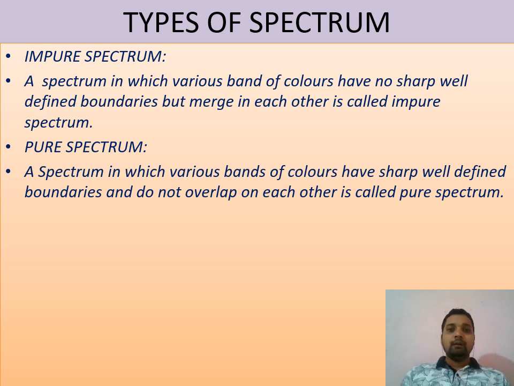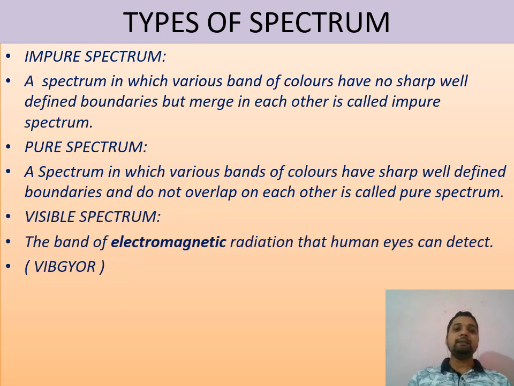Next, depending upon the visibility, this spectrum is again divided into two categories. The first category is called the visible spectrum. Visible spectrum means the light has a definite color, so we are able to differentiate and see all this light, like in a rainbow, VIBGYOR, in increasing order